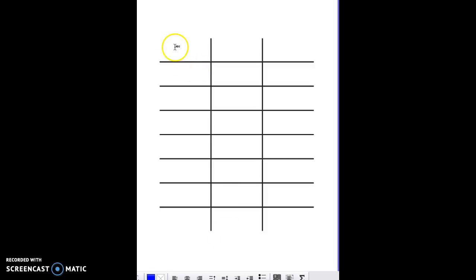And then what we're going to do is on this side is going to be our hours side. And this side over here is going to be our minutes side. Now what we're going to do here is we're going to put our starting time. Okay, so whatever time the event or the activity starts is what we're going to put here. So let's say, for example, your soccer game starts at